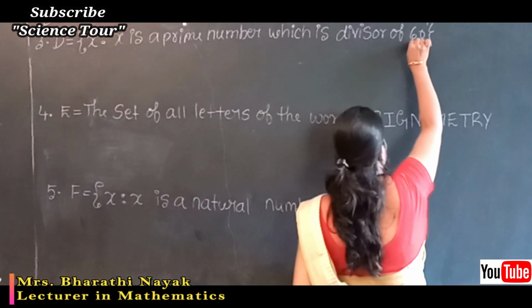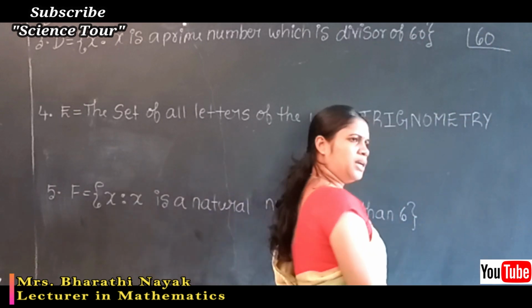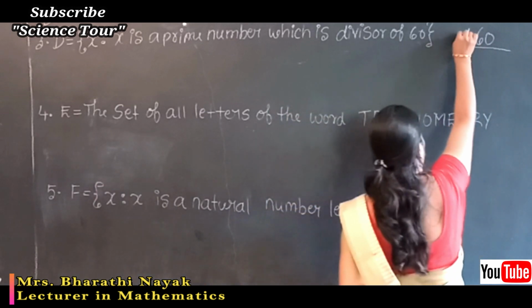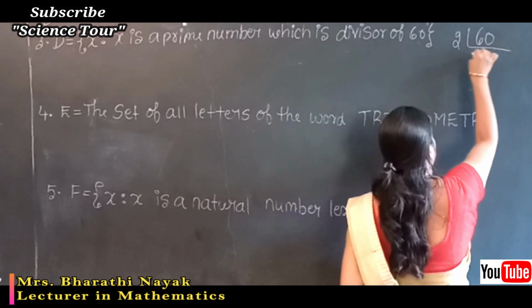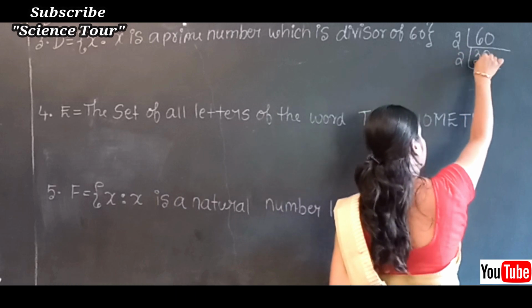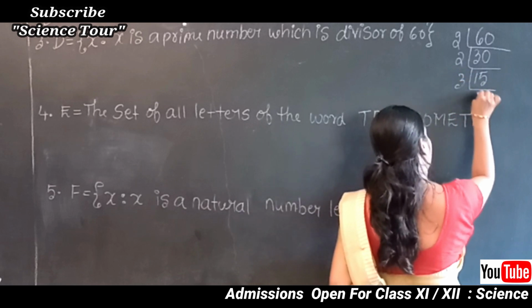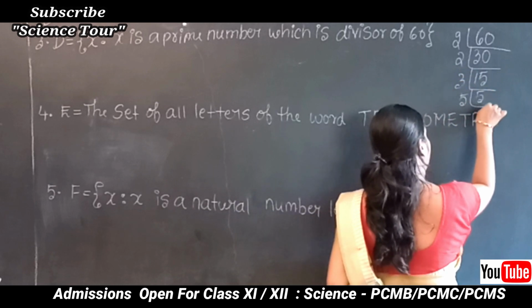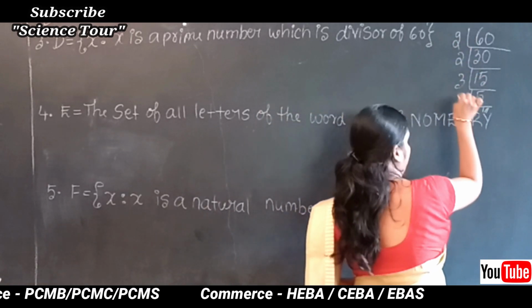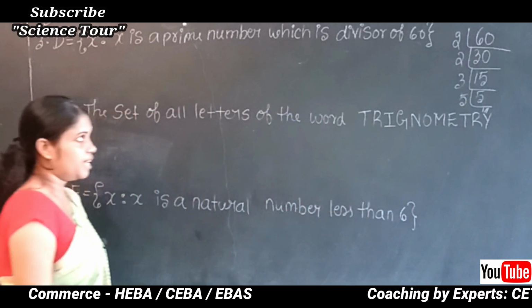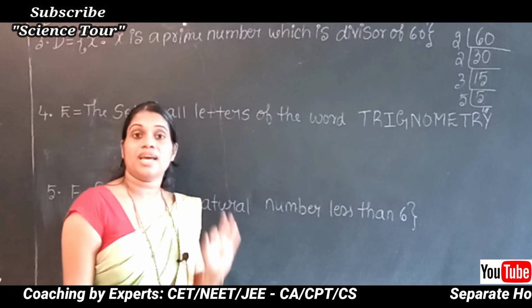So 60, I will do the prime factorization of this 60. Which are the prime numbers here? Can I choose 2 here? Yes. 2 3s are 6, so you write 2 3s are 30? 2 15s are 30, once again 3 5s are 15, next 5 1s are 5, isn't it? So which are the factors here? 2, 3, 5, these are the 3 prime factors.